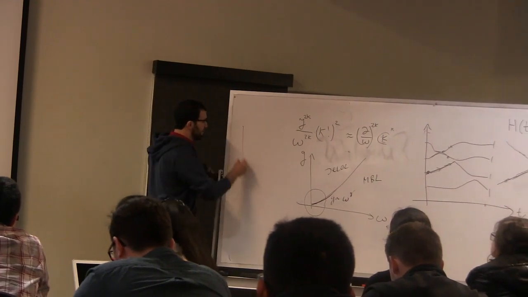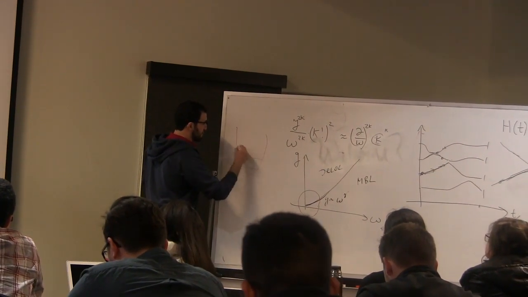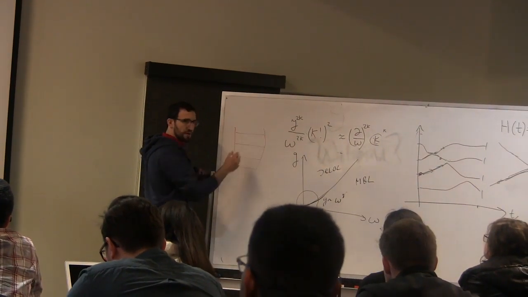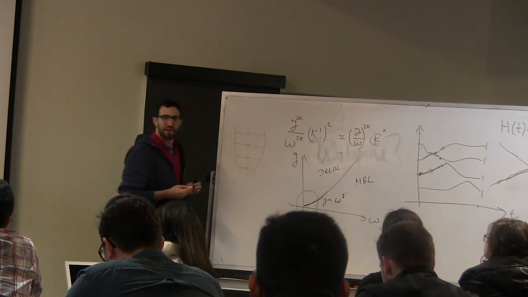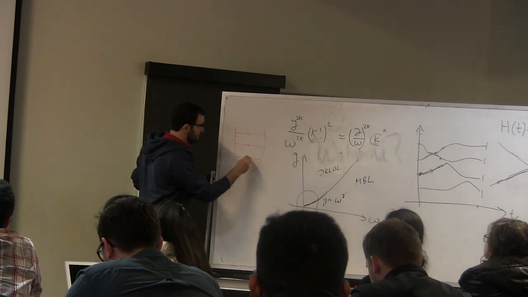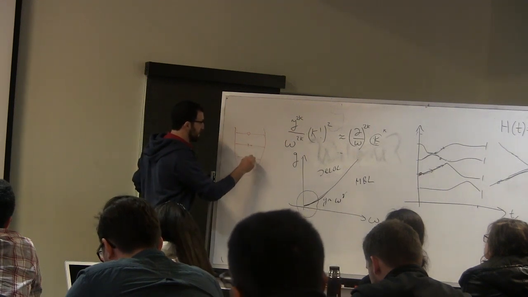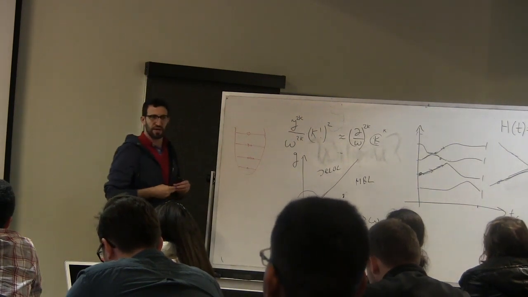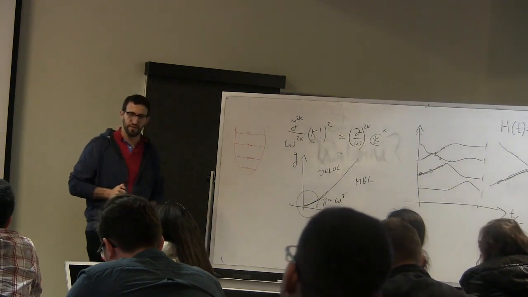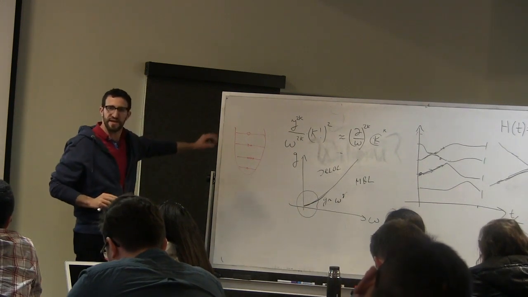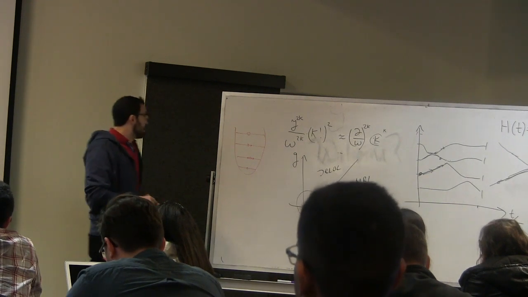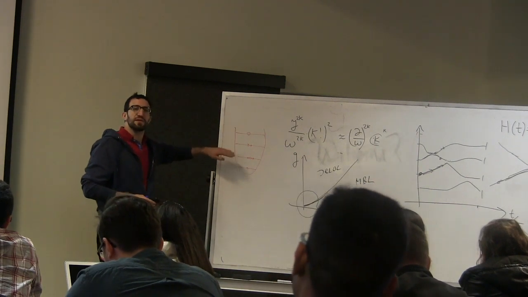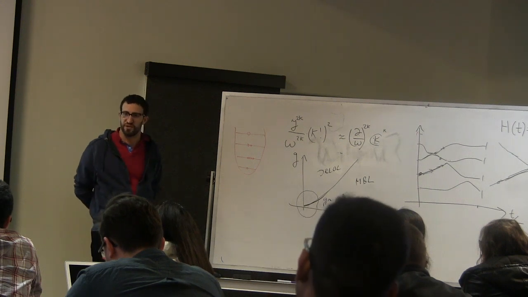So if I have some non-interacting particles in a harmonic trap, okay? And they're in some thermal state to start with. So I have some in the lowest state, I have some in the first excited state, some in the second, and so forth. Okay, so this is my thermal distribution. But I'm not in contact with the reservoir, as I typically am not with cold atoms, right? What happens as I slowly reduce the trapping potential?